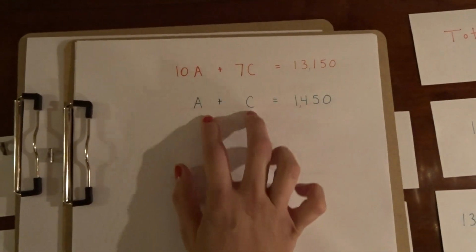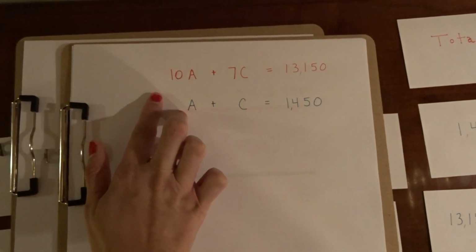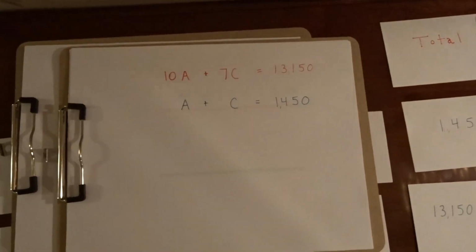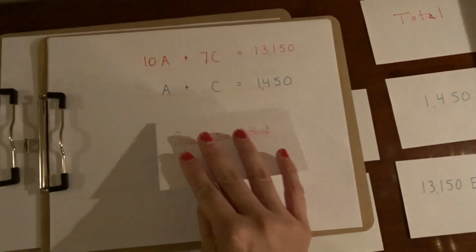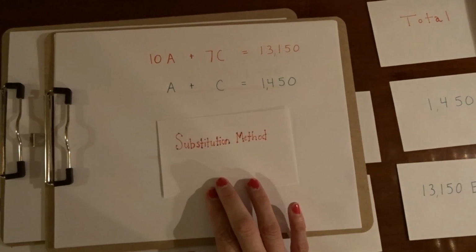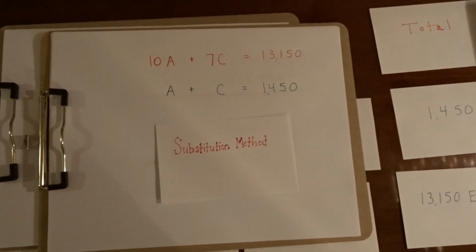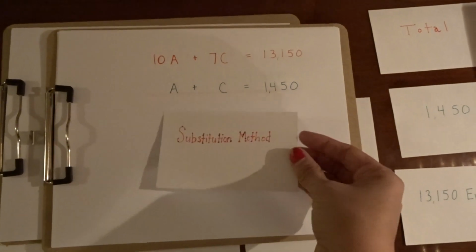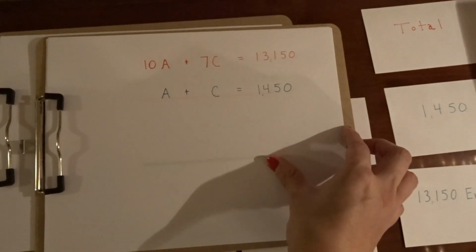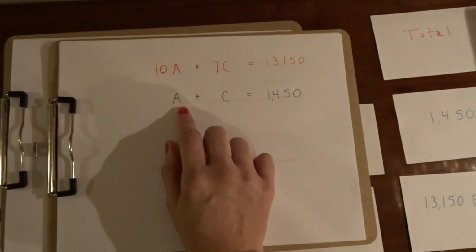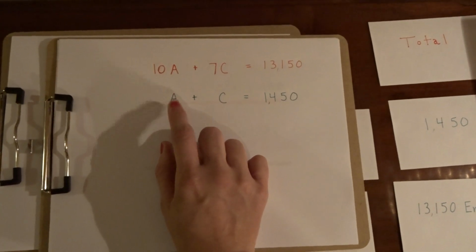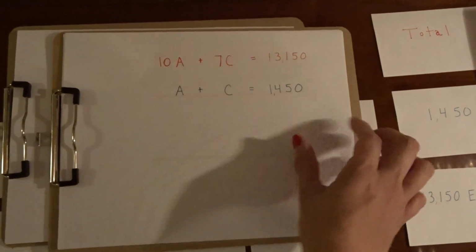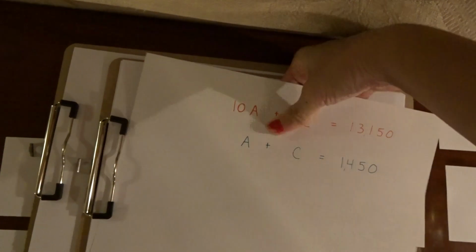So we have two unknowns. We have two equations. Let's go ahead and solve this. And we can solve this by using the substitution method. So using the substitution method, we can isolate a variable. And in this case, I'm going to isolate the variable a, because it's simple and clean. And let's go ahead and try that.